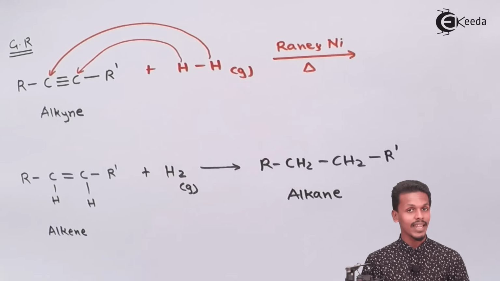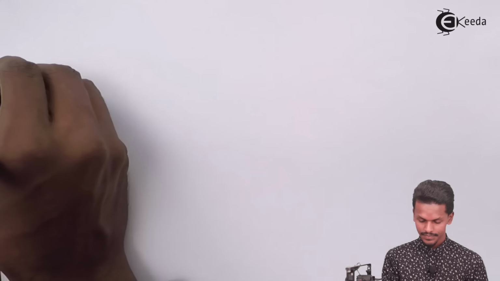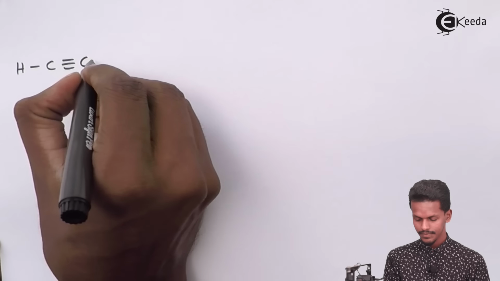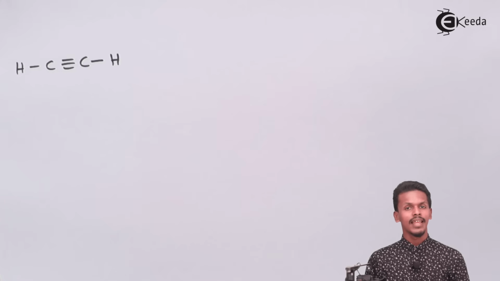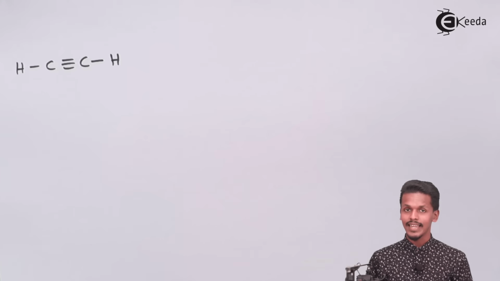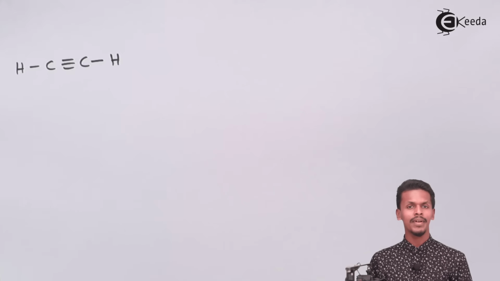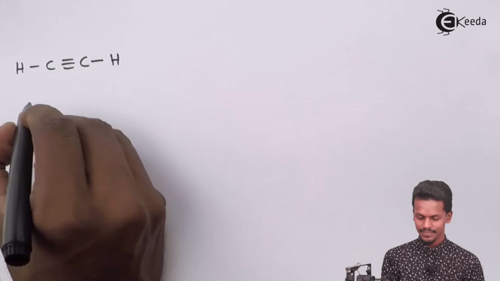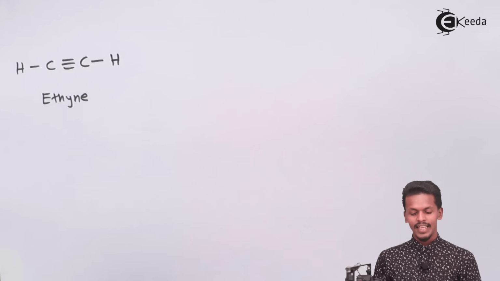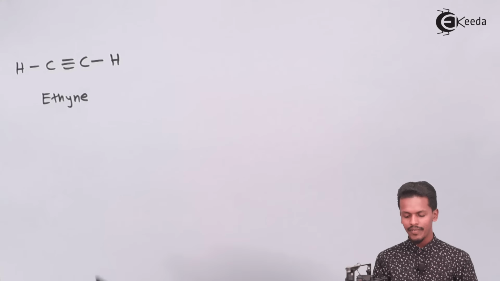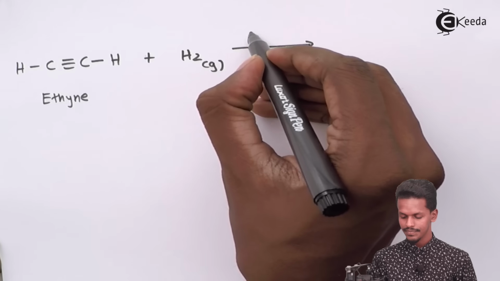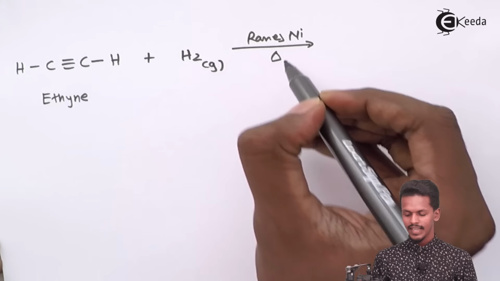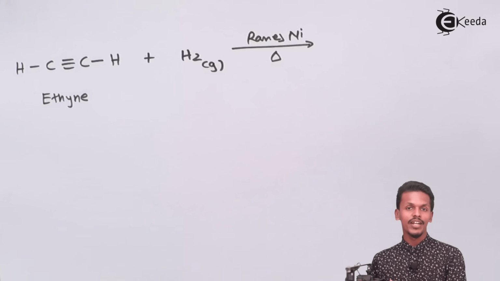But let me represent it by giving an example. Suppose we have this alkyne, and as you can see there is a carbon-carbon triple bond and only 2 carbon atoms, making this hydrocarbon called ethyne. In this case, suppose I did hydrogenation, that is, I introduced hydrogen, which is a gaseous material, in the presence of nickel, and I have heated it. So this ethyne will be directly converted into alkane,